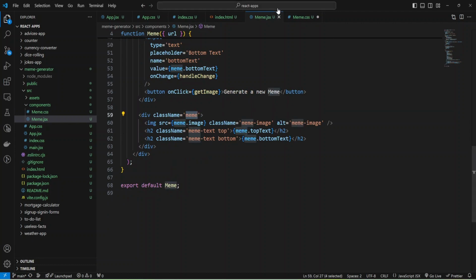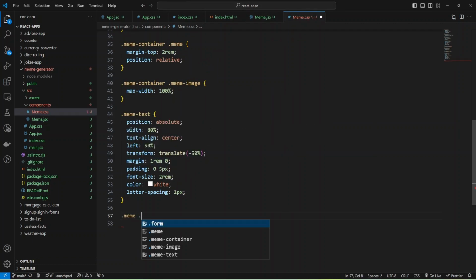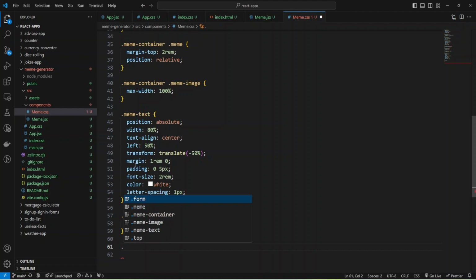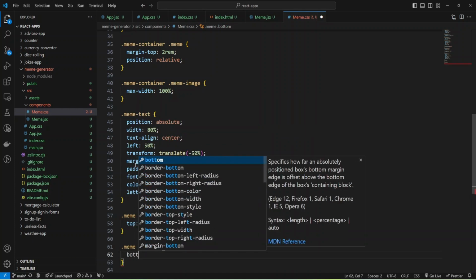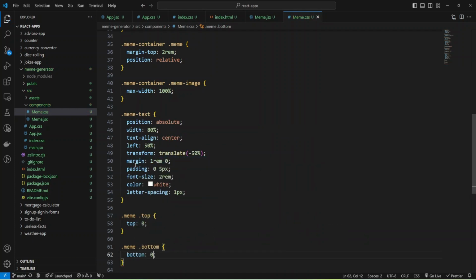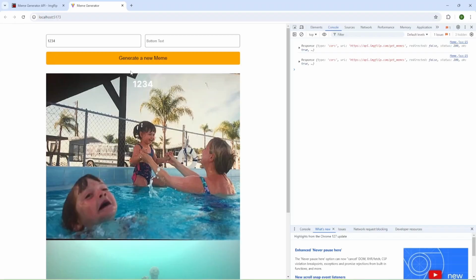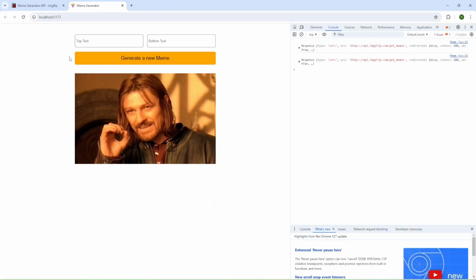I'm going to use meme class and top, and for that class I'll have top 0, and for meme and bottom I will have bottom 0. And let's check again. As you can see, we have our text. I'm going to refresh page and provide some top text and some bottom text.